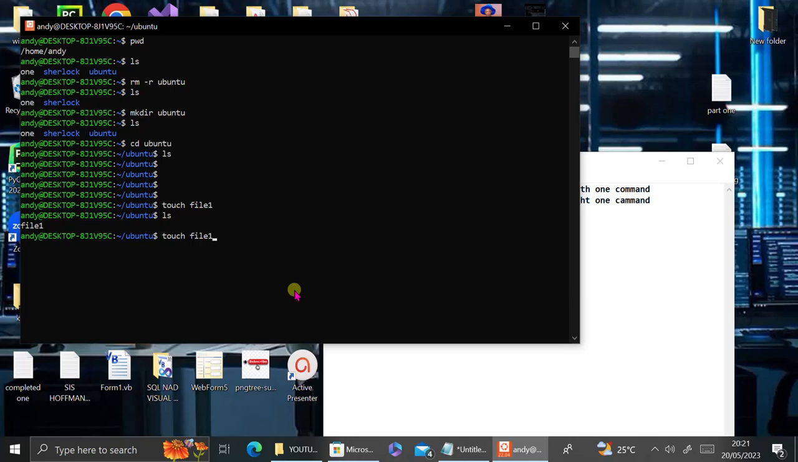If I want to create many different files, what can I do with this one command? Am I going to touch, press enter, then come back again? No, this isn't the right way, because you have to work with time efficiency. So what we can do, I will just change this: file two, file three, file four,